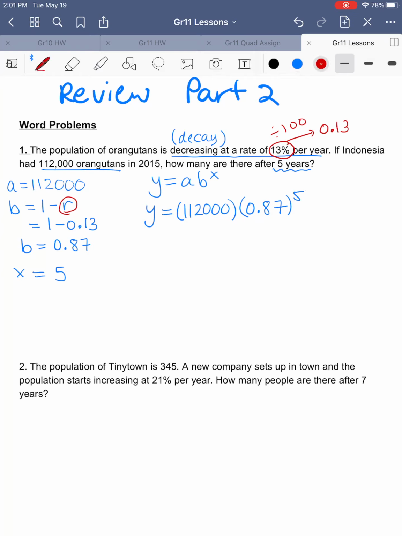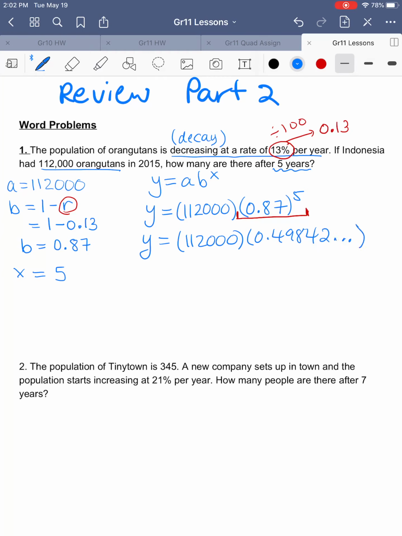Now, when we are doing this calculation in our calculator, all calculators are different. Some of you will be able to punch this whole line in your calculator, and it will do BEDMAS for you, right? It'll do the proper order of operations. Not everyone can do that. If your calculator does not do the order of operations for you or BEDMAS for you, you need to calculate 0.87 to the power of 5 first, okay? That needs to be done first. So I'm going to do it in 2 steps, whereas some of you may do it in just one on your calculator. So 0.87 to the power of 5, this gives us